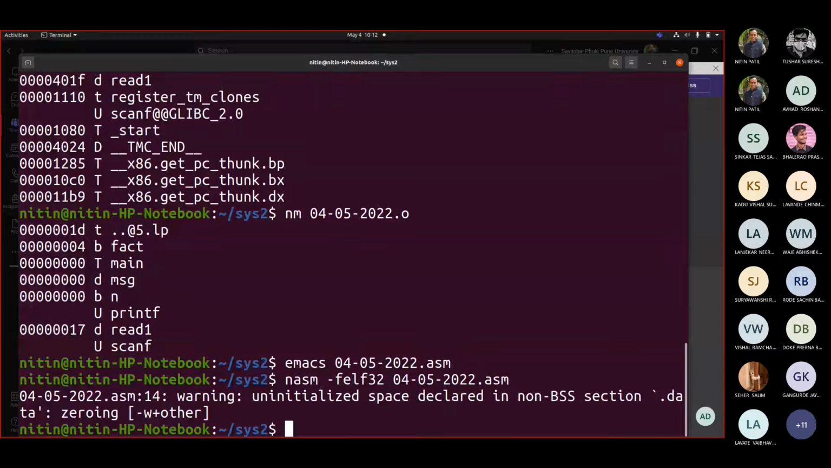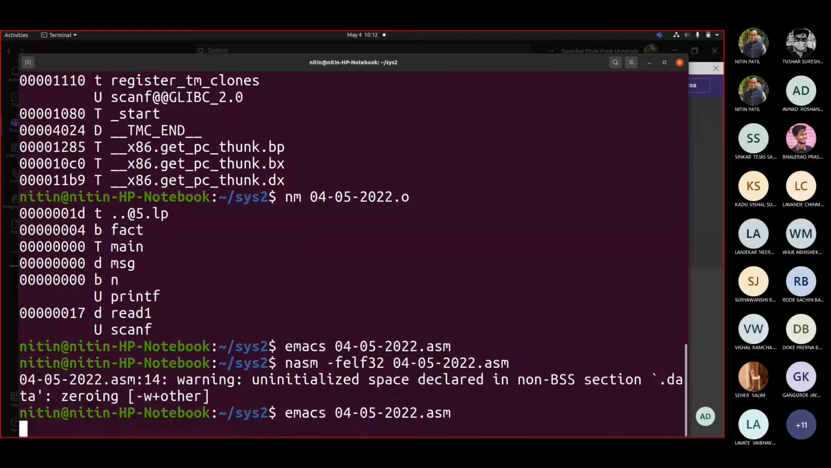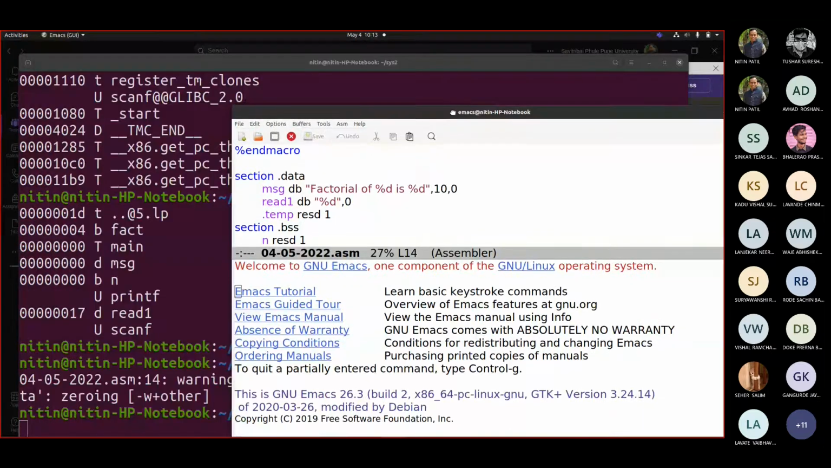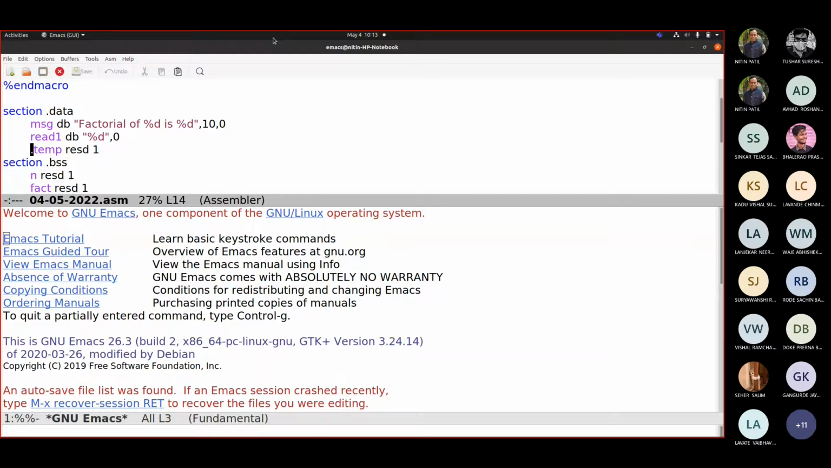So it says what? Uninitialized space declared in section .data non BSS factor. So it was because of line number 14, because we added that dot. Correct, line number 14. So if I try to define local variables, I cannot do that directly. There might be some provision provided by some assemblers, where they may sometimes permit